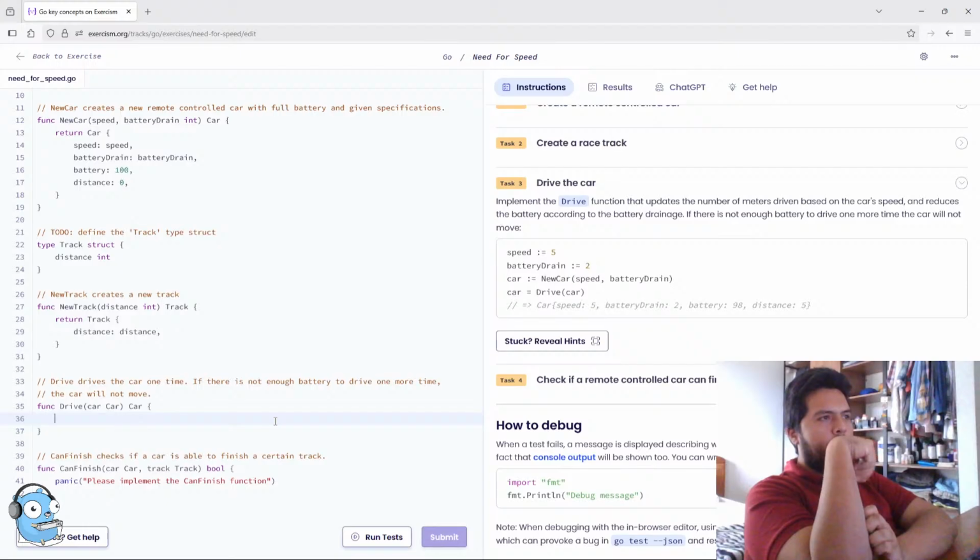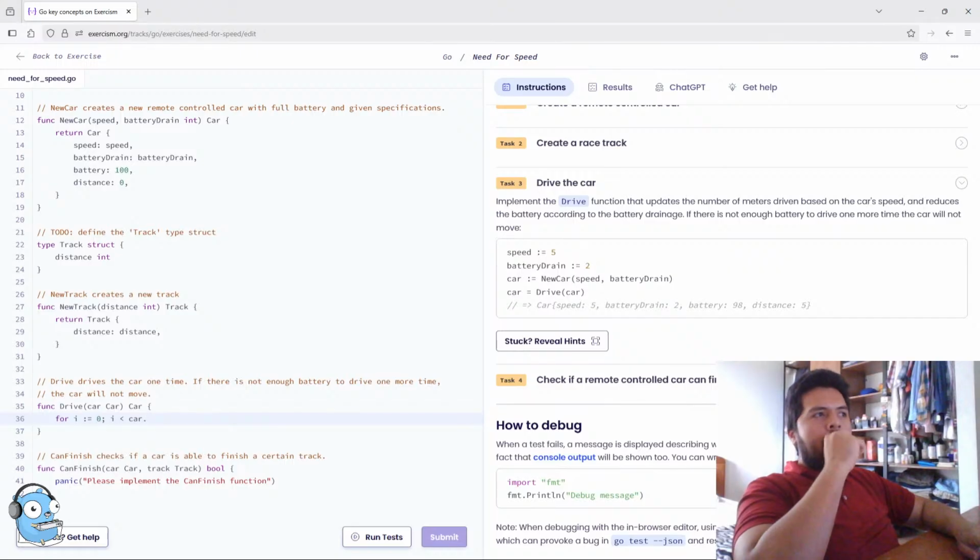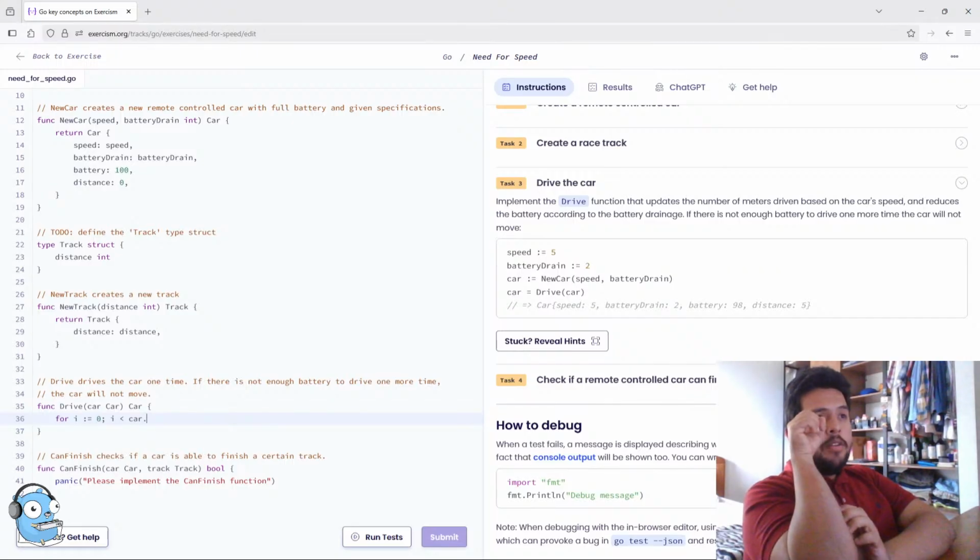And reduce the battery according to the battery drainage. Okay, that means that car, this, I will use a for loop, for i equals 0, i is less than car... Implement the drive function that updates the number of meters driven based on the car speed and reduce the battery drainage. Okay,